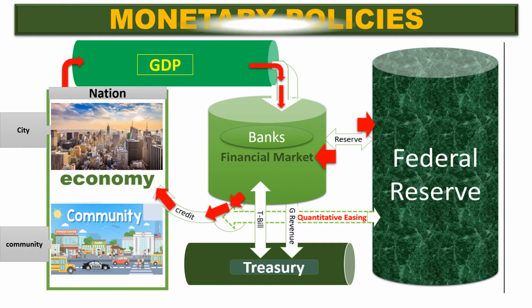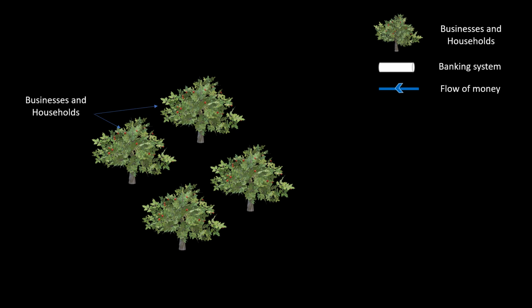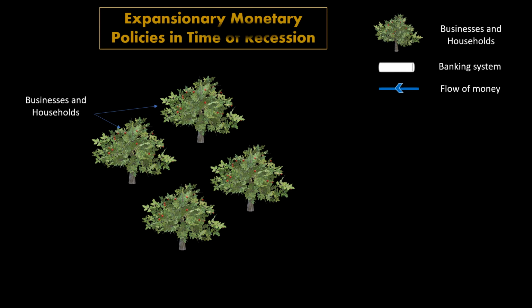The Federal Reserve influences the economy through monetary policies. There are two directions of monetary policies. Expansionary monetary policies are conducted in time of a recession. And in our illustration,